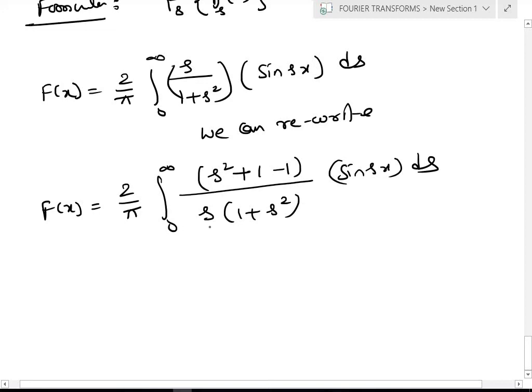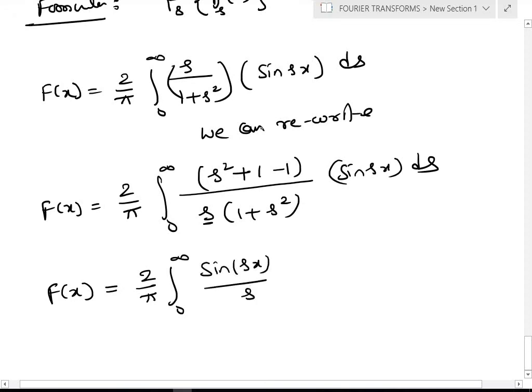Okay. So I will write here. Then the next step, f of x will be equal to 2 by pi into 2 by pi s square plus 1 by 1 plus x square will be cancelled. Then what is remaining? Sin x is remaining, that is 0 to infinity, sin sx in the numerator, remaining by s. Then this minus sign, obviously this minus sign.